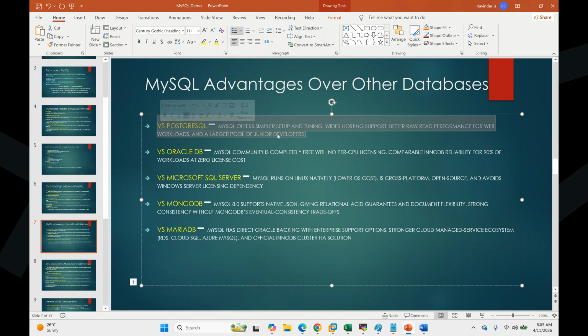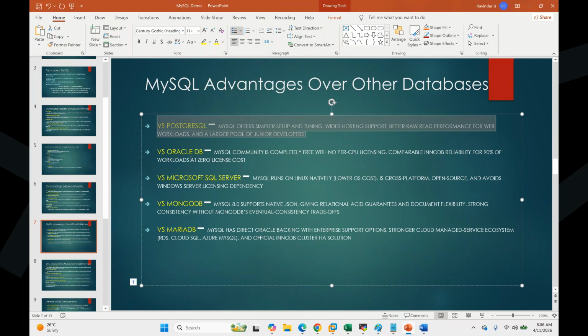Web applications, lightweight web applications, are all using only MySQL in the market. At least 65% of the market is only MySQL, for web-hosted applications and lightweight applications. So all lightweight web applications run on MySQL, not on Postgres. Postgres is not for the lightweight; it is for robust, complex applications. But if applications are lightweight and don't do much data workload, then they can come to MySQL.